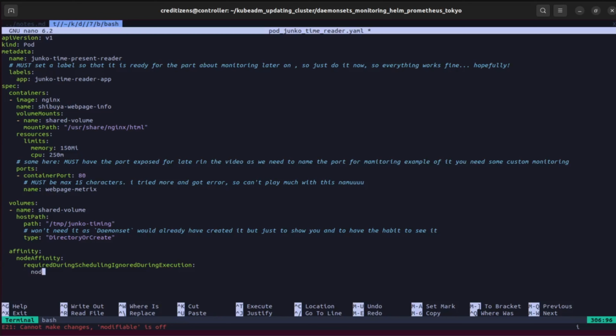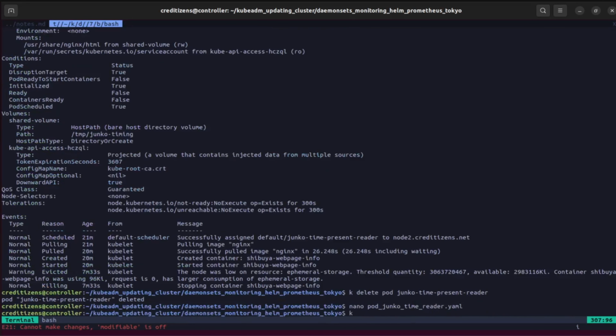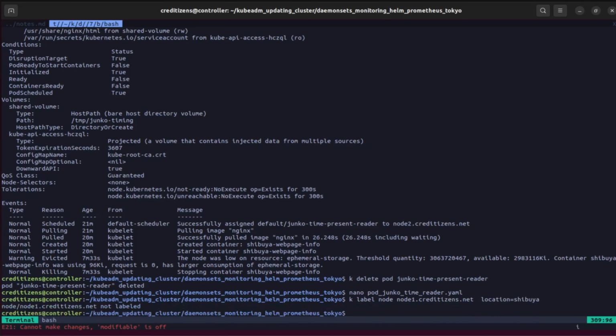So we had our node affinity, our magical long sentence: requiredDuringSchedulingIgnoredDuringExecution, nodeSelectorTerms. We're going to match on the expressions. Key, we're just going to use the key location. The operator exists. That's it. If there's a key location, you can schedule it there. Normally I have only one node with the label. Let me see if so I'm just going to label it, node 1, label location Shibuya, has been labeled,